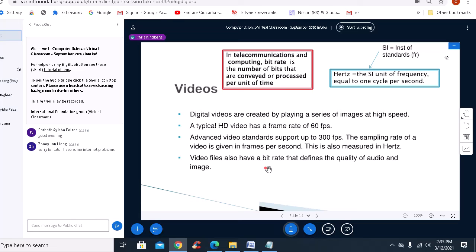In low resolution systems, perhaps you're using just 8-bit quality. With 32-bit quality, you're using 32 bits per single sample of an analog signal,